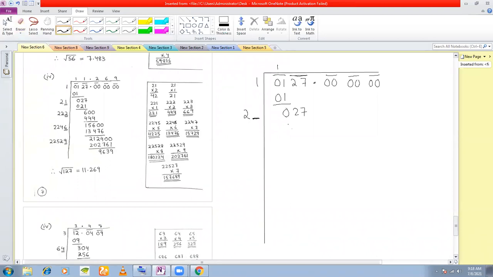We are doubling digit 1. What digit should we insert here? If I insert, say 1, I'll get 21 into 1 equal to 21, right? Which is less than 27. If I insert a digit 2 here, what will I get? 22 into 2, right? Sir, no, sir, I'm not talking about that. Then? Sir, I'm talking about where did we get the first 2? The 10th place 2.